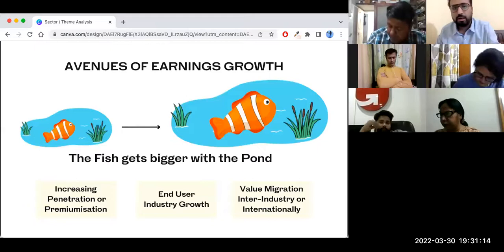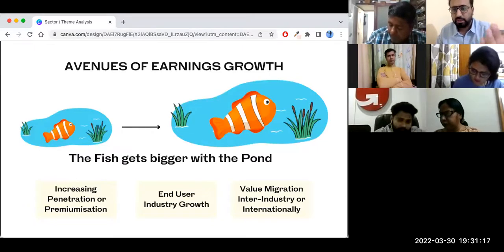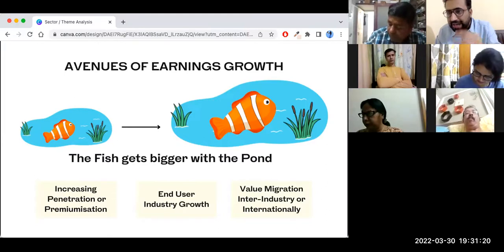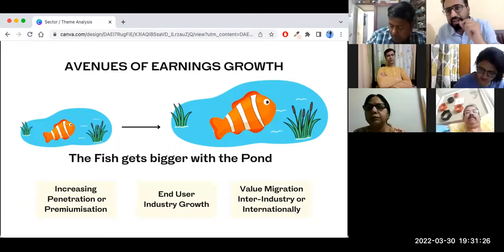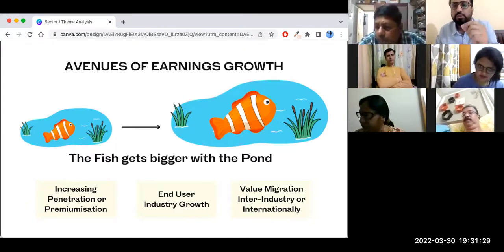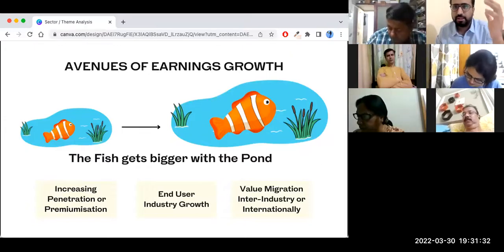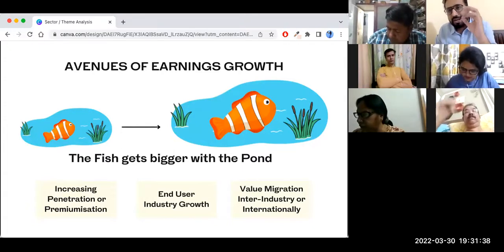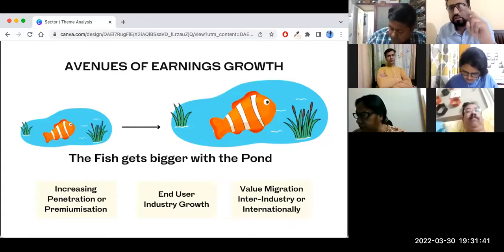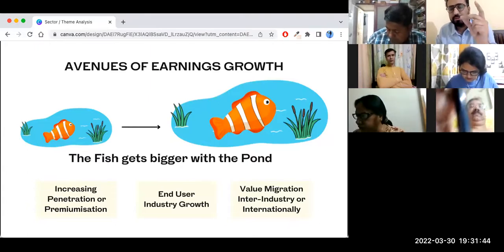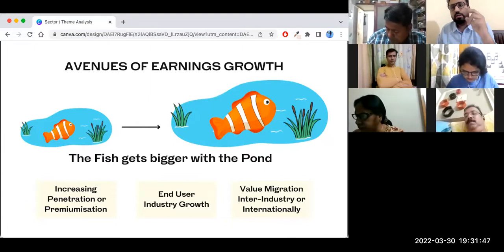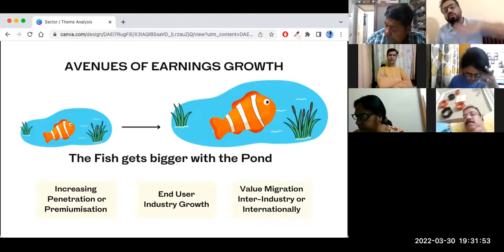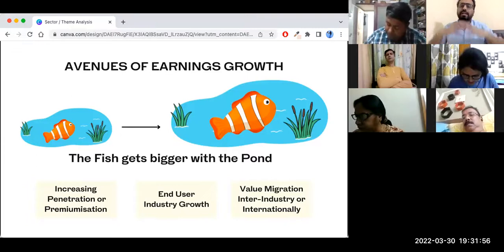Another example, a very popular one that I always cite to my students, is the aliphatic amine industry. Aliphatic amines are a very essential product used by pharma companies, for the pharma industry. All pharma companies use aliphatic amines. There are only two companies in India which manufacture aliphatic amines, Alkyl Amines and Balaji Amines. Whenever the pharma industry grows really well, there is a direct benefit passed on to the amine industry, and the amine industry also starts booming.